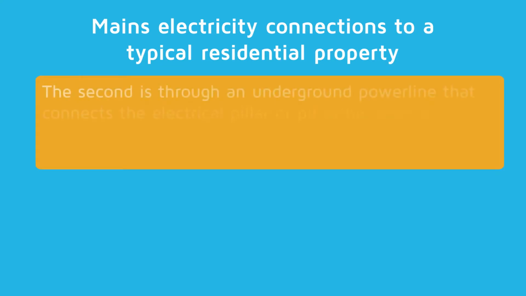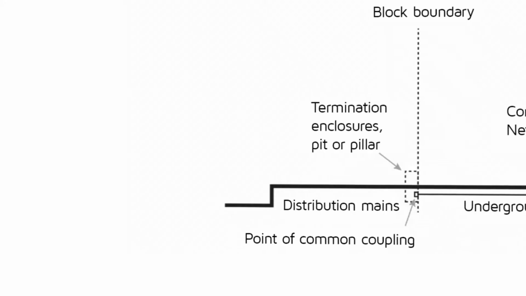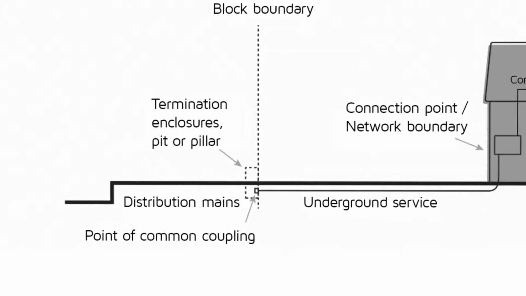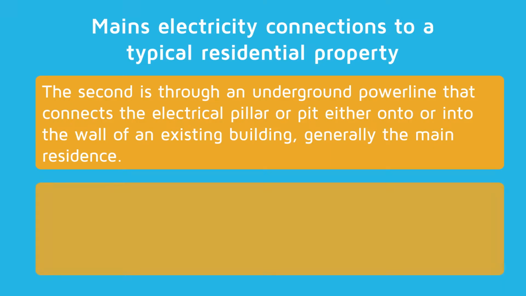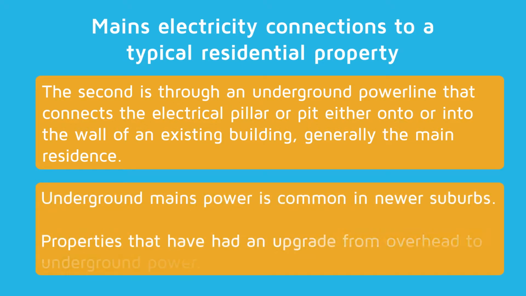The second is through an underground power line that connects the electrical pillar or pit either onto or into the wall of an existing building, generally the main residence. This is known as the connection point or network boundary. Underground mains power is common in newer suburbs and in some cases properties that have had an upgrade from overhead